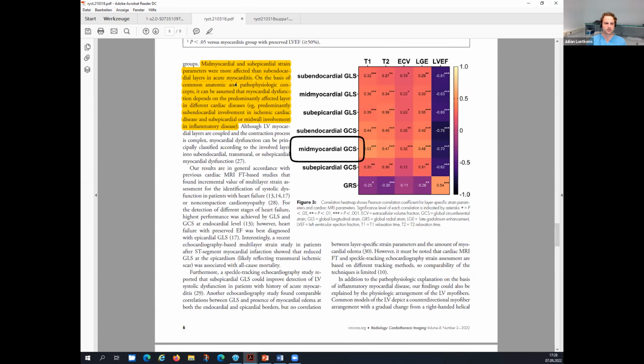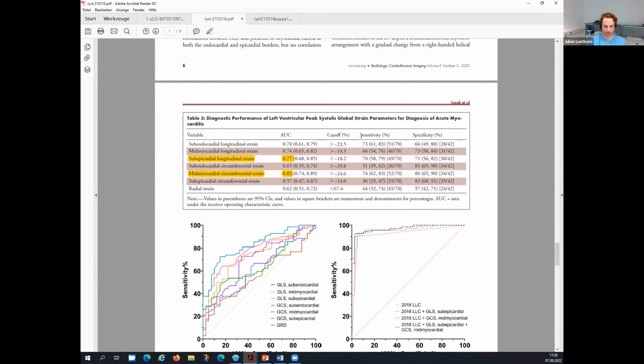Within the discussion, we can say that the mid-myocardial and subepicardial strain parameters were more affected than the subendocardial layers in acute myocarditis, which also makes sense when you think of the inflammatory lesions in an acute infarct-like myocarditis. On the basis of common anatomic and pathophysiologic concepts, it can be assumed that myocardial dysfunction depends on the predominantly affected layer in different cardiac diseases. So this might be an interesting concept to test, for example with myocardial infarction and acute myocarditis, and show if you can discriminate between the 2 groups with